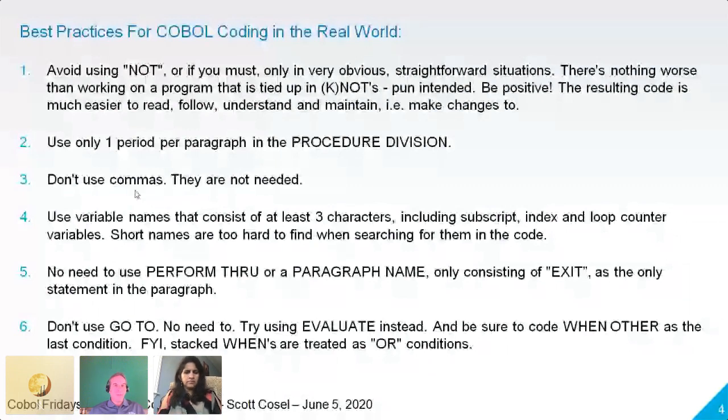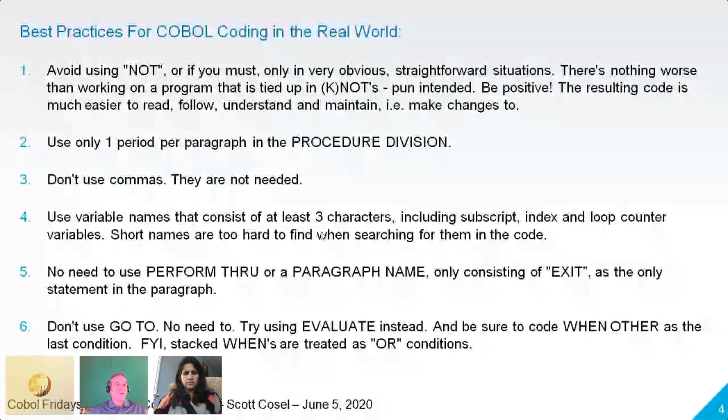They may have been required in the past, they're not anymore. Number 4, please use variable names that are at least 3 characters. If you have a loop variable, like if you're doing a subscript and you're only using the letter I for a loop, it's very hard to find if you try to find a single letter, because it's going to show up everywhere and it's not even going to be a variable. So please use at least 3 characters for a variable name. That will help